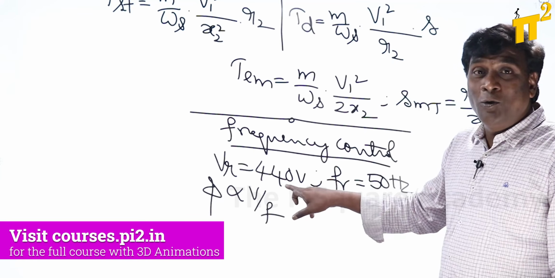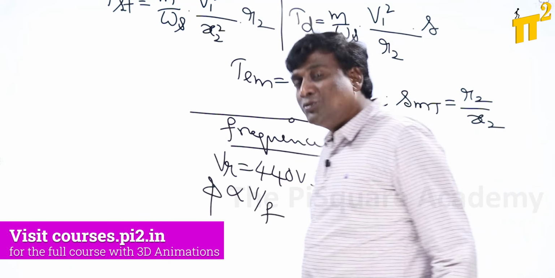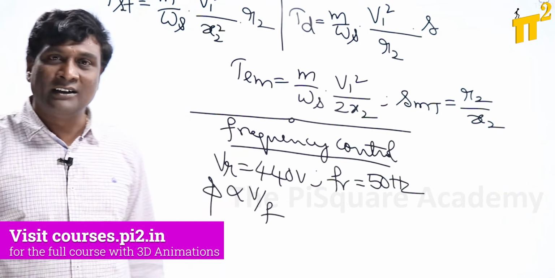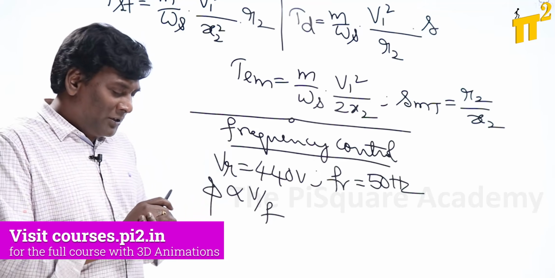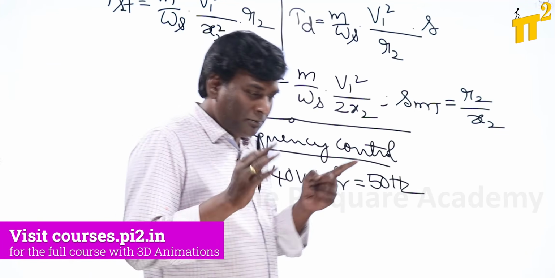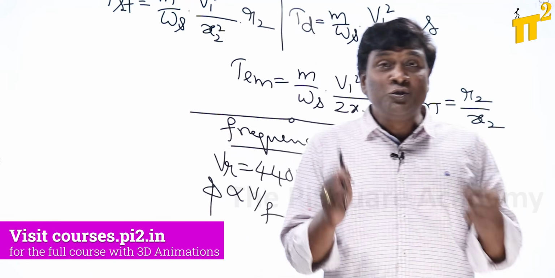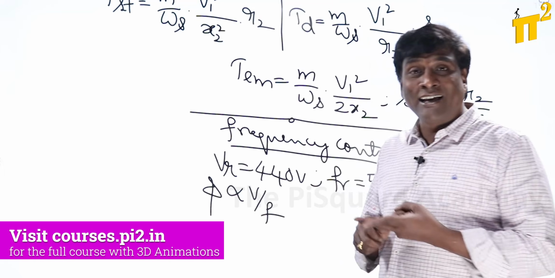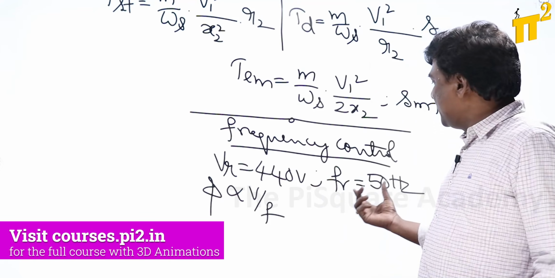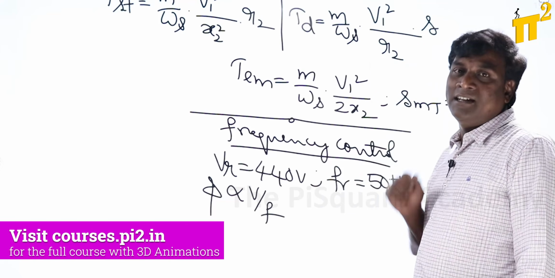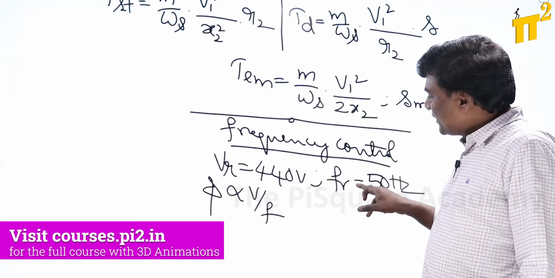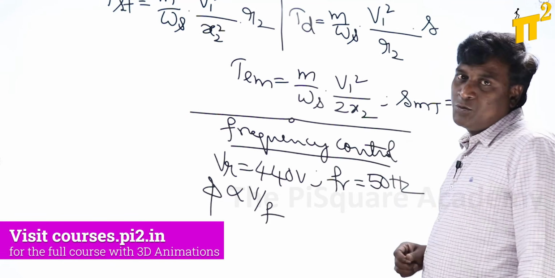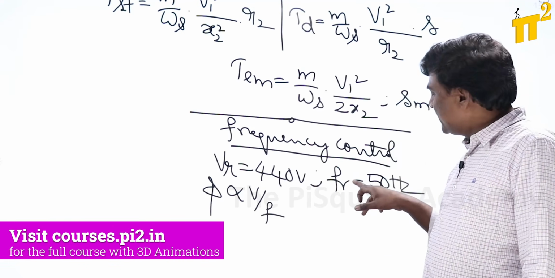If you increase the voltage to 880 volts, insulation failure will happen. Because of rated voltage, one thing I'll tell you: depending upon voltage, some insulation design is there; depending upon current, conductor design is there; depending upon frequency, only the iron part will be there. Now, for example, if you increase frequency to rated or more than rated,